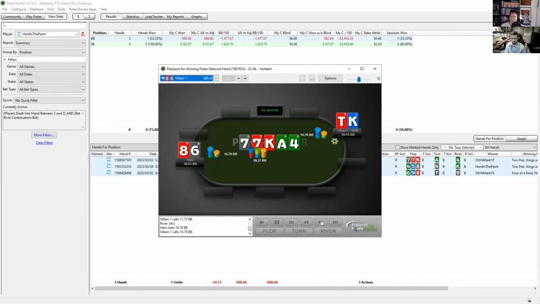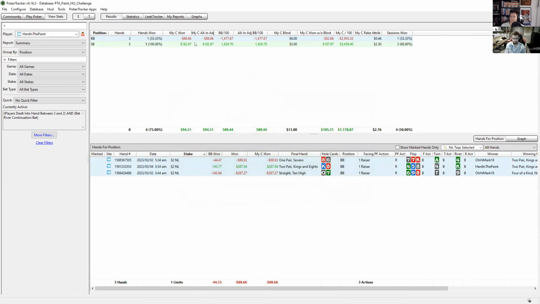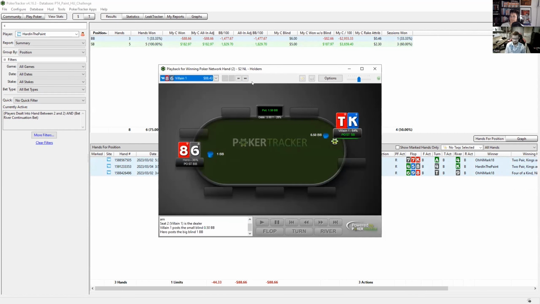I think this river sizing is bad. I think I should go like half pot to rep the ace, and my hand selection is maybe okay, but having the heart is bad. So